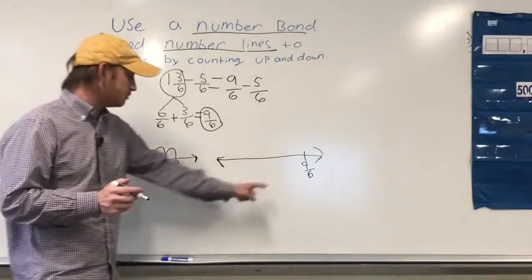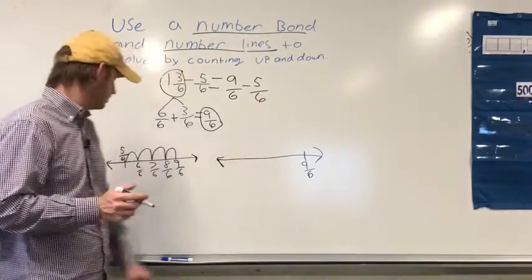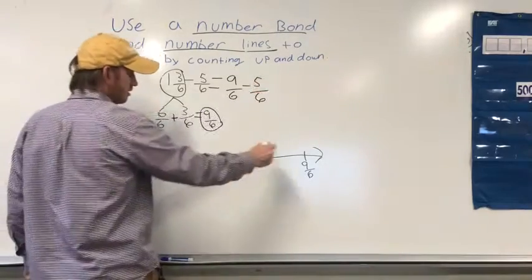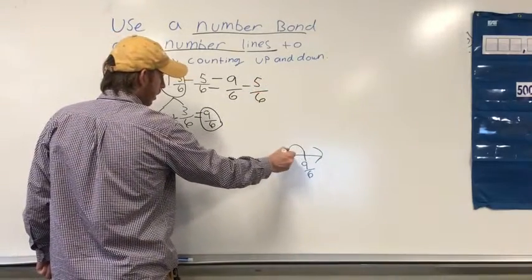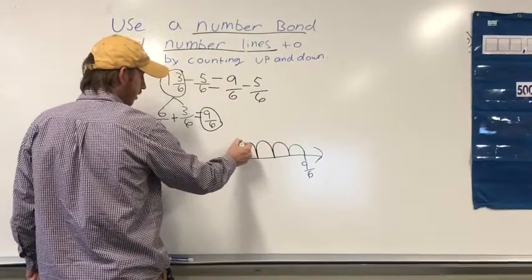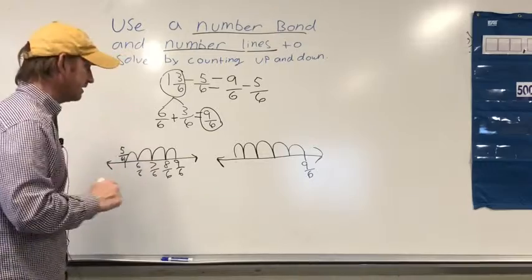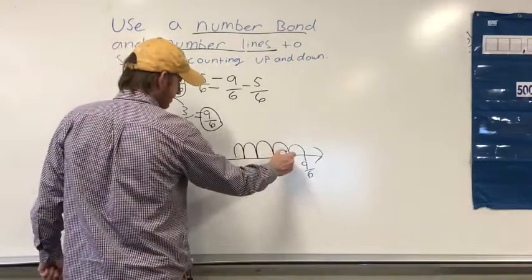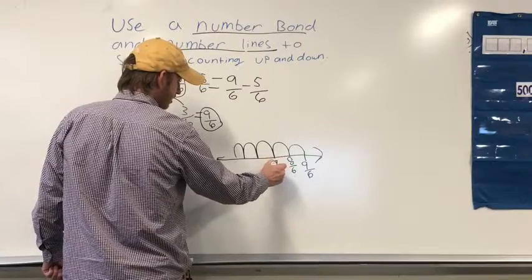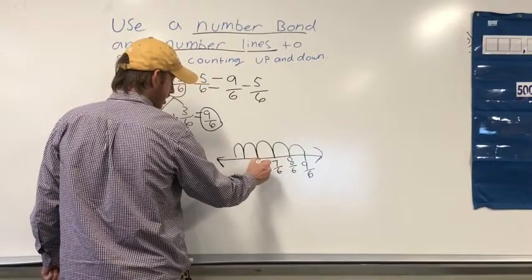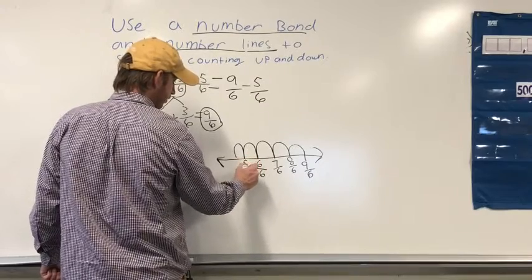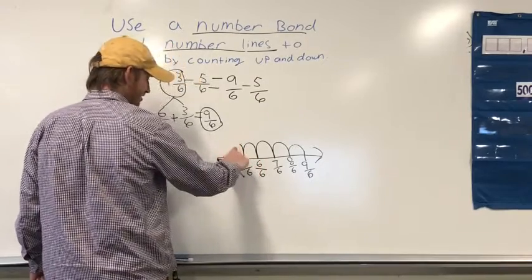And how many am I subtracting from 9 over 6? Well, I am subtracting 5/6. So I'm going to go down 1, 2, 3, 4, 5. And I'm going to count. We have 9/6, 8 over 6, 7 over 6, 6 over 6, 5 over 6, give myself a little more room,